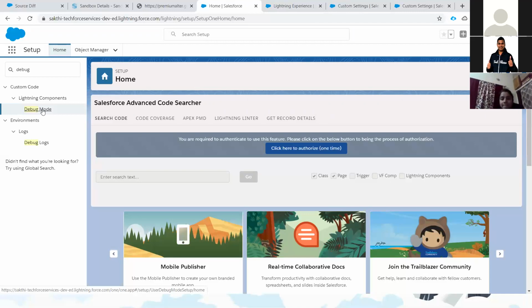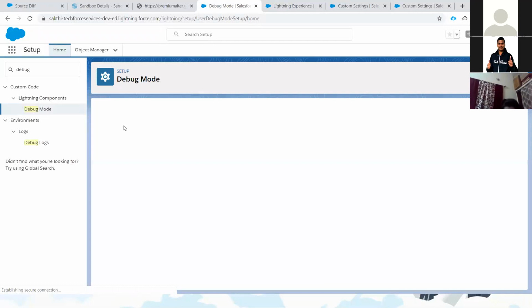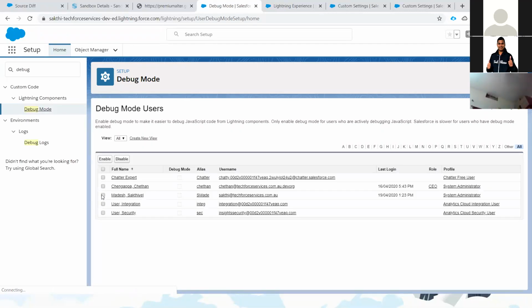Let me show you how to enable the Lightning component debug mode. On this page, it will list out all the users from this particular org. If you want to debug any of the users, I'm selecting my account. I selected mine and I enabled.